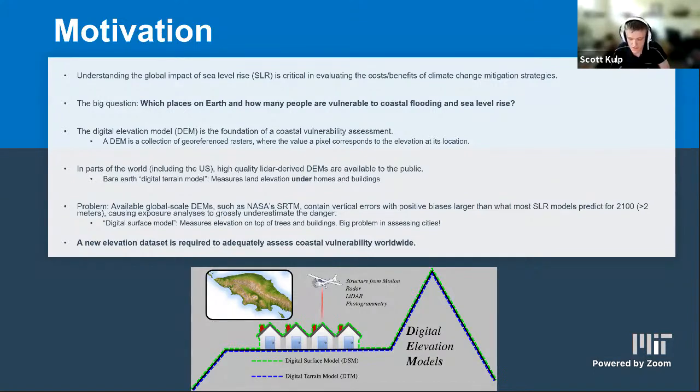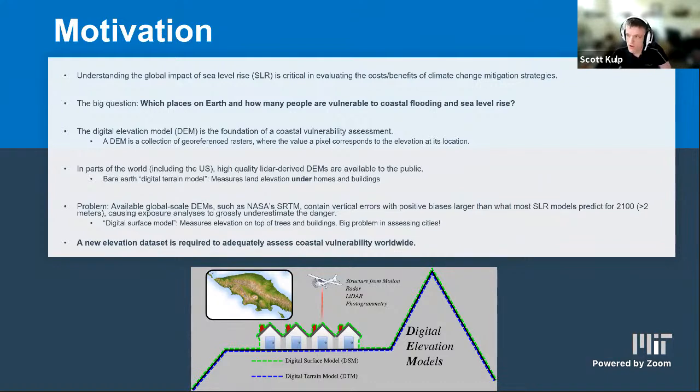And so in the sea level rise program, we are essentially interpreting those sea level rise projections and coastal flooding projections that are released all the time, and translating that into how that actually impacts people around the world.